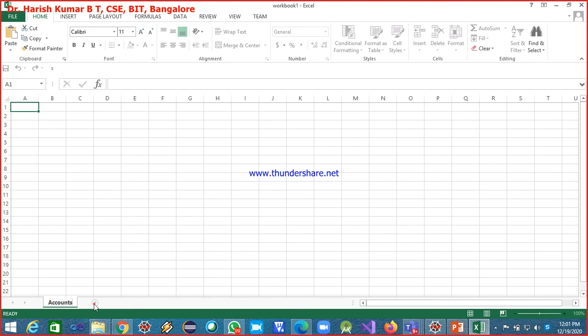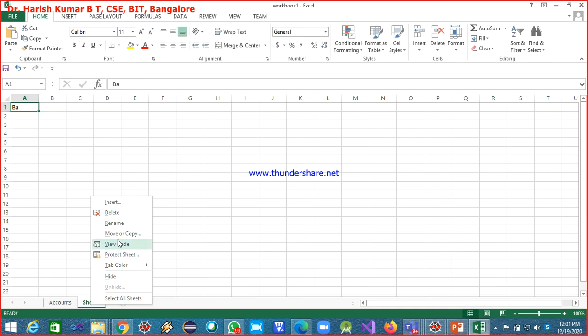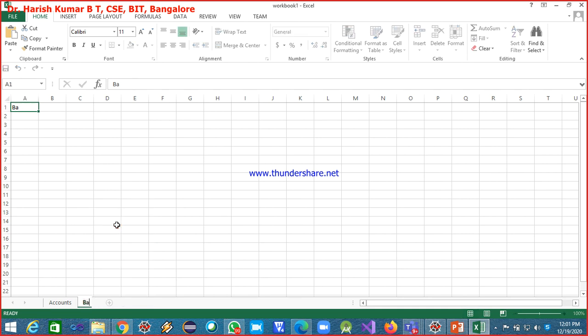And one more sheet let me add, I'll rename it to balance. One more I'll add, I'll rename this to transfer. I've created in this workbook right now 3 sheets.